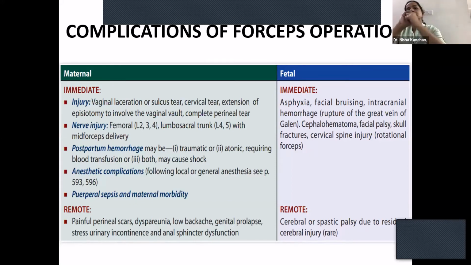It is subperiosteal hemorrhage. Cervical spine injury happens in rotational forceps. But these injuries are much, much greater in a vacuum because of the suction created on the baby's skull. So the nerve injuries and all your vaginal and maternal injuries are more in forceps, and all your baby's hemorrhages are more common in vacuum. A correctly applied forceps should not cause any facial injury, because you've diagnosed where the sagittal suture is and you're doing a correct biparietal bimalar application. But when you have done a pelvic application and you don't know exactly what the position is, then you end up with all these injuries.